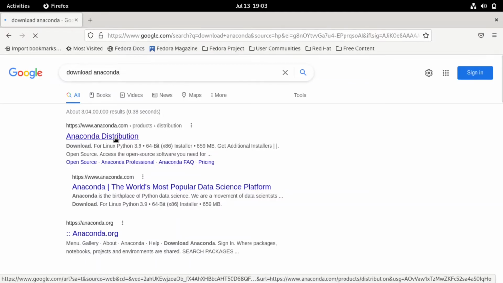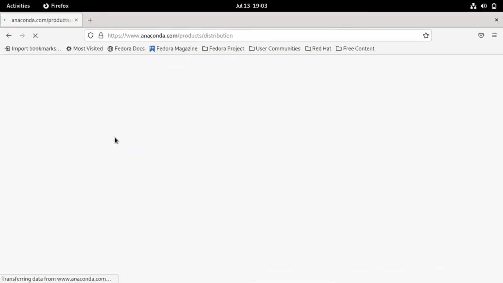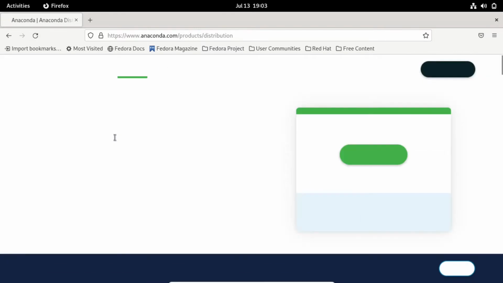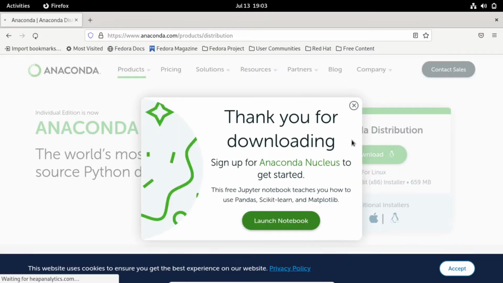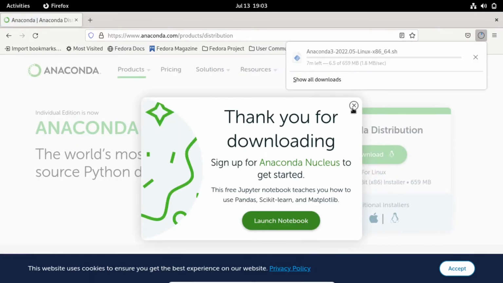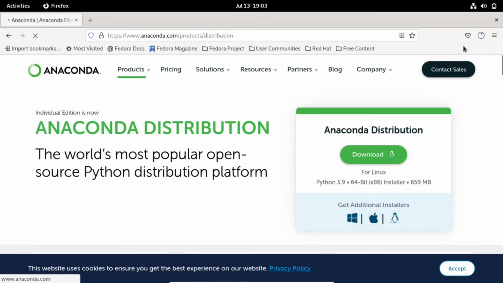The second tool I want to show here is Anaconda, the de facto tool for all data scientists. So I will go to anaconda.com and try to install the Anaconda distribution. It detects my system as Linux, and I'm downloading the installer here for the Linux machine. We'll wait for Anaconda to download, and then